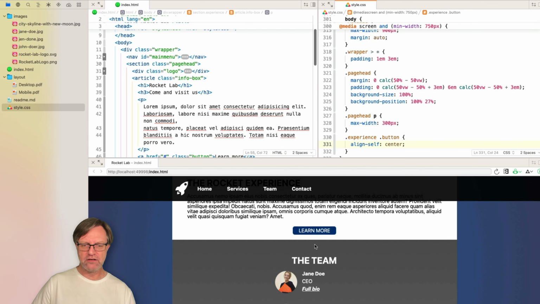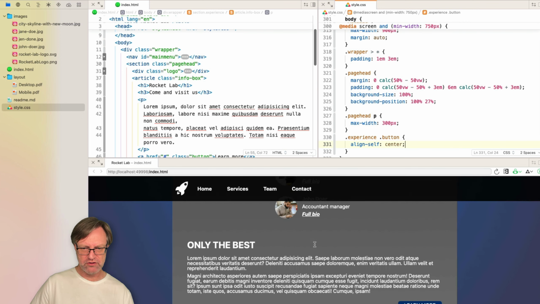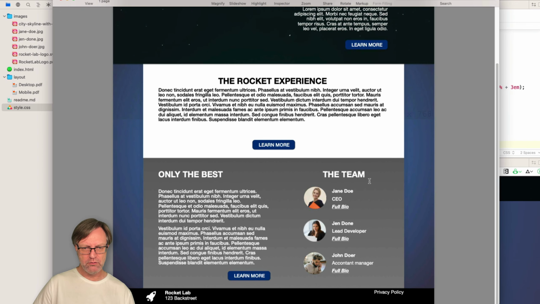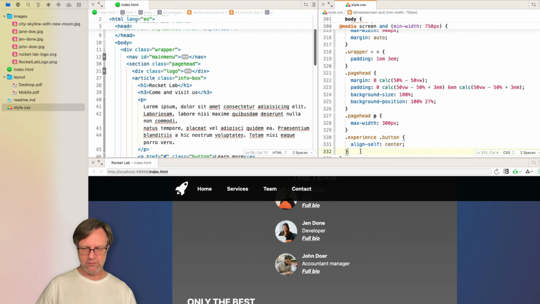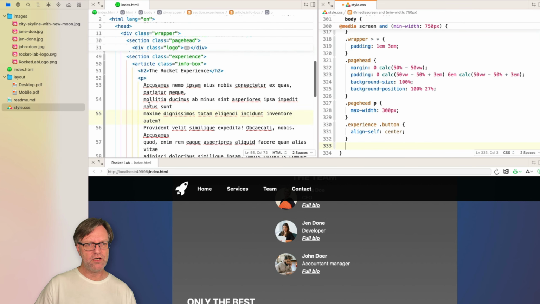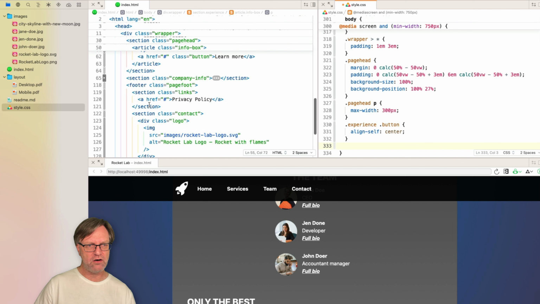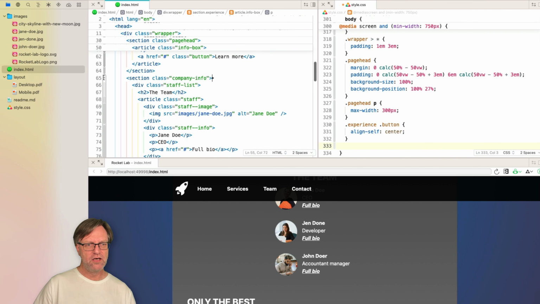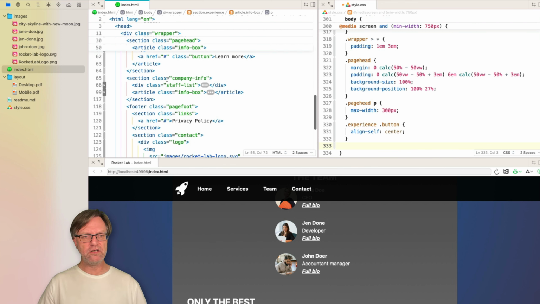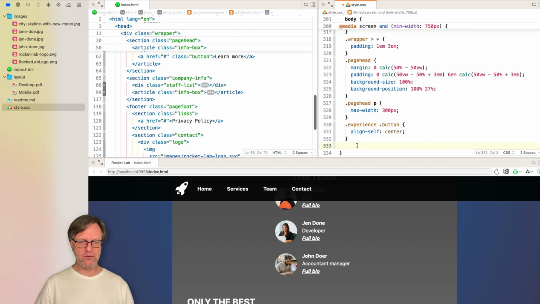And we can continue down to this part because this part should go into 2 columns down here. And now we should have the team at the right edge. So what we need to do now is that we go for this part. If we scroll down in the code, we can see that we are past the experience section and we are at the company info section. And here we have the part of staff list and the info box. And if we want these to go side by side, you probably know the answer by now. We use the flexbox. So let's go for company